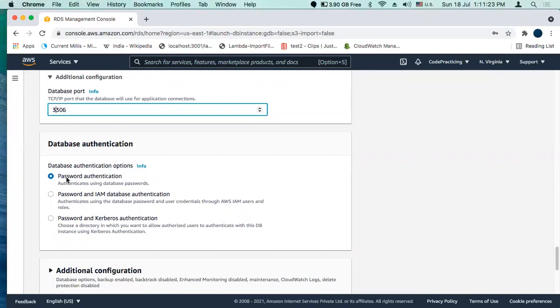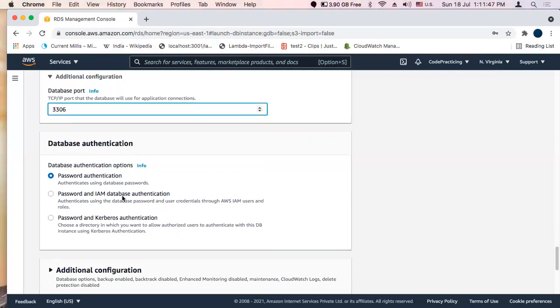We have password authentication, password and IAM database authentication, and password and Kerberos authentication. For this tutorial we will go with password authentication, and password and IAM database authentication we will cover in our upcoming videos. So what is the next part?